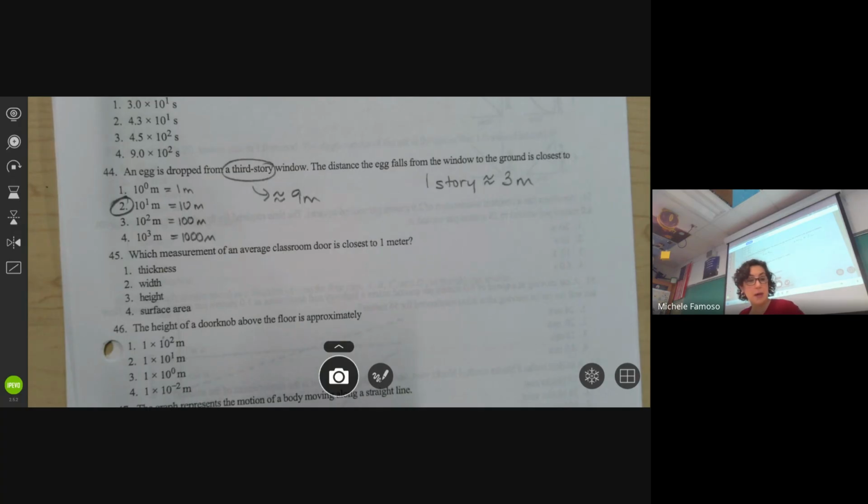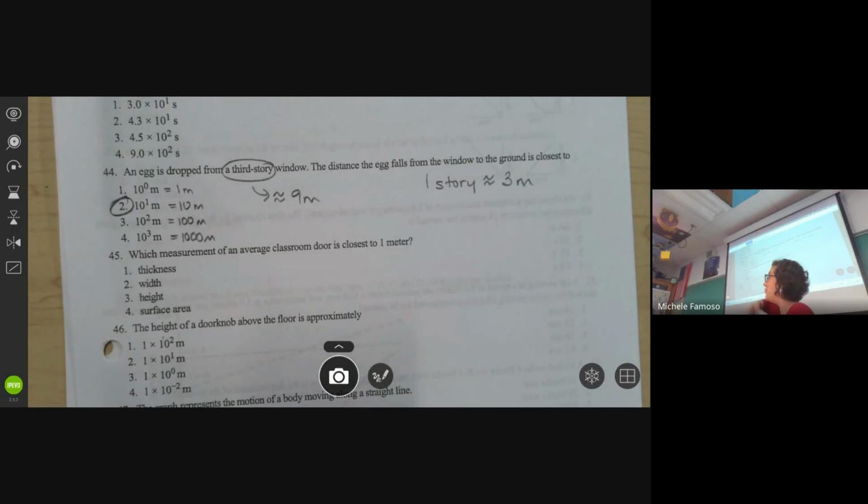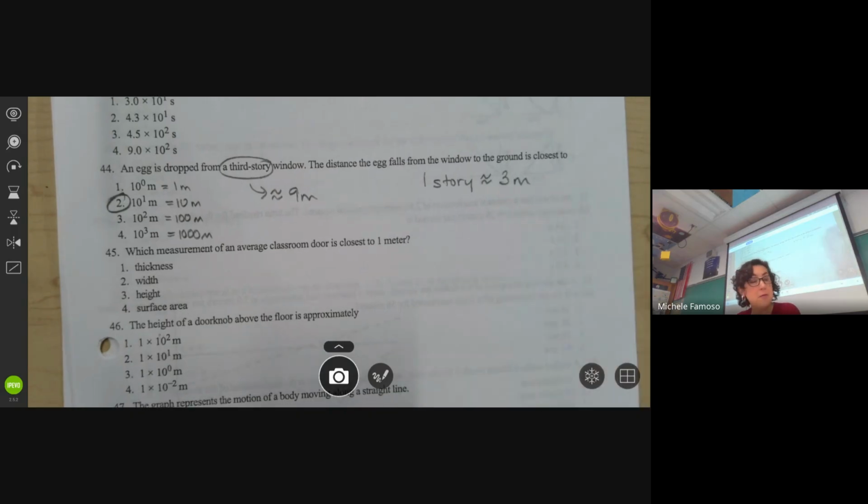Plus, we do expect that you can approximate distances because you've been working with meter sticks. You should know how long a meter stick is. So 1 meter is that 10 to the 0. Obviously, it's more than 1 meter up to the ceiling. How are you supposed to know 1 story? I'm telling you right now. So we can do that. Well, yeah. But look at the ceiling. 1 story. About how many meters? If you had to guess with this stick,